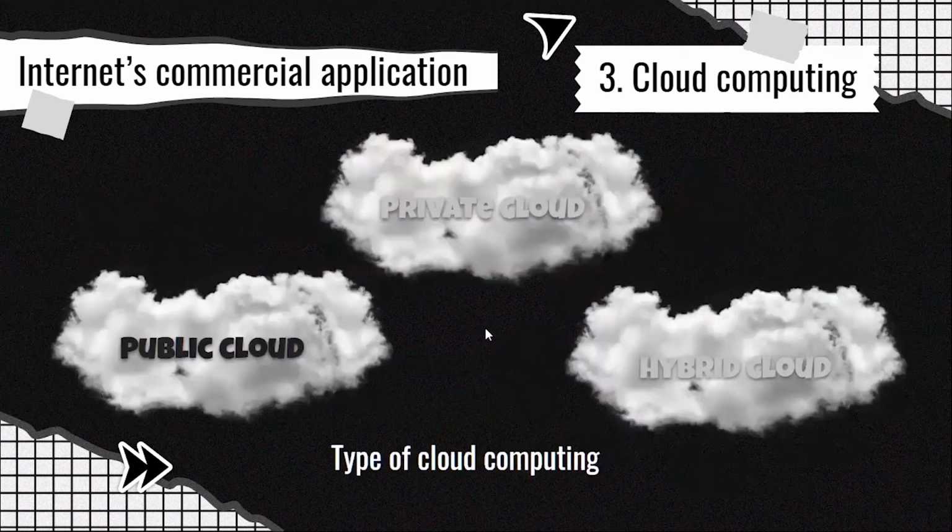There are three types of cloud computing: a public cloud, a private cloud, and a hybrid cloud. A public cloud is what we see every day on Google. The cloud is provided by a third party. And other parties, you and I, just use that cloud to upload our data and access that data on demand. Google Drive, Google Docs, Google Photos.